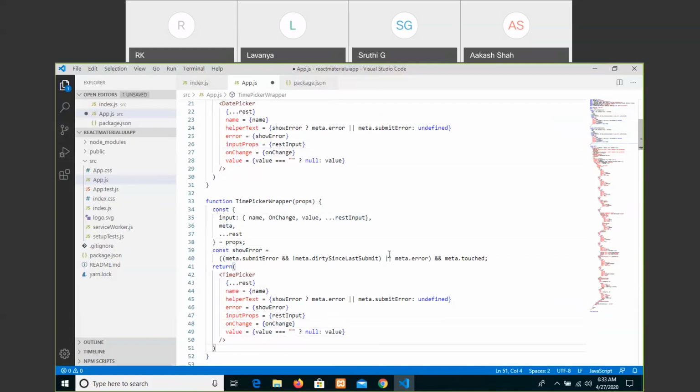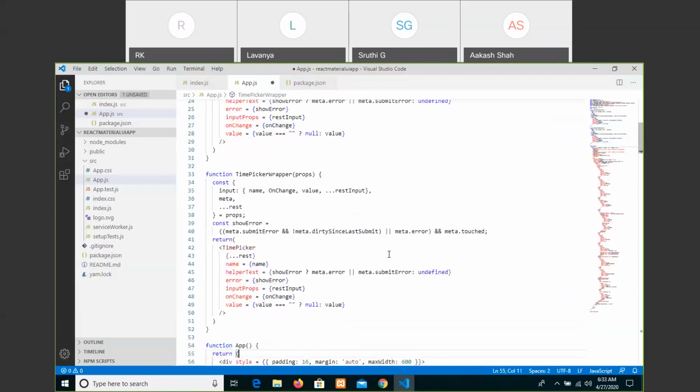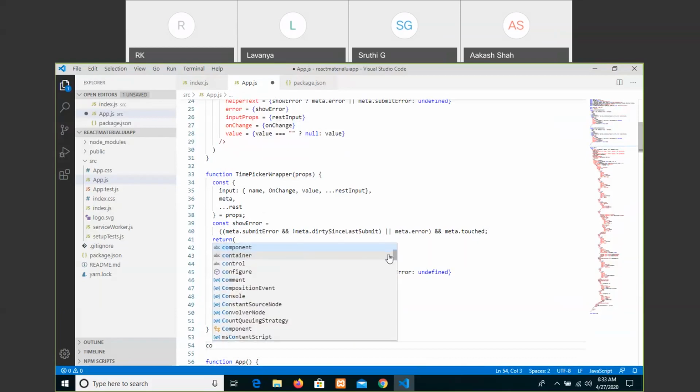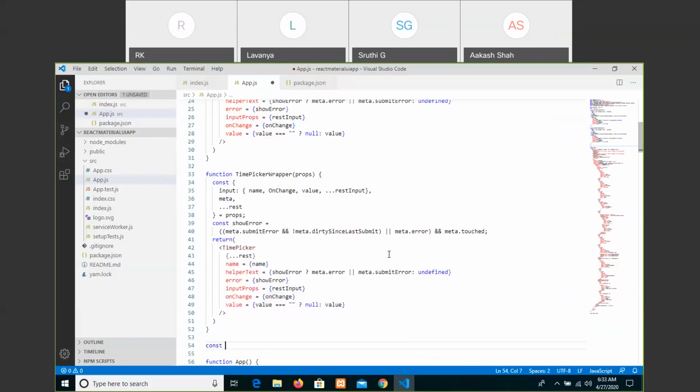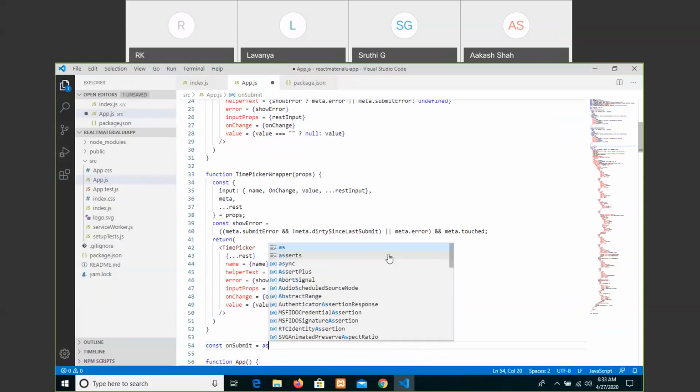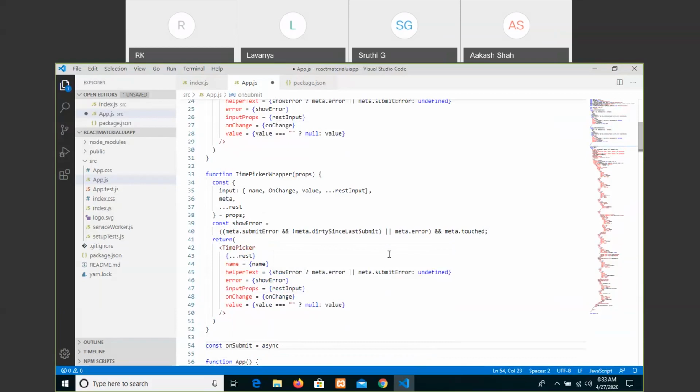Overall, we are done with the date and time validations. Then now const onSubmit equals async, that is, whether the user entered a few fields or not.